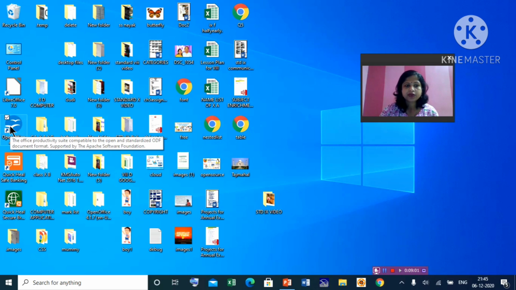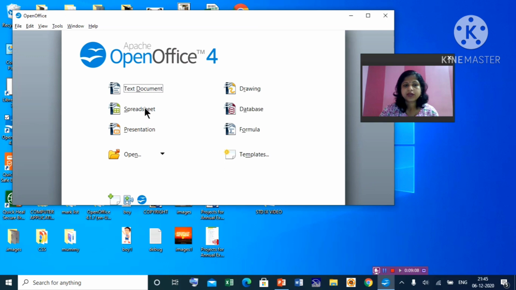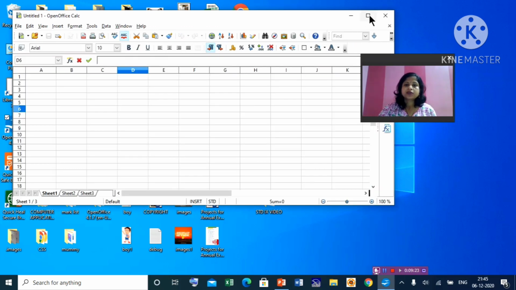It is an open source software. Okay, open spreadsheet program. Double click on it, so it will open.